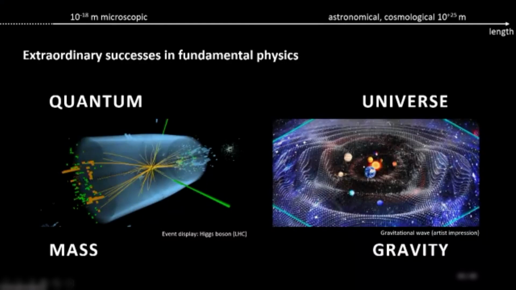I just want to close by telling you that basically this is what I discussed today with you. I took you from the smallest scale, the quantum scale, the elementary particle scale, 10 to the minus 18 meter, to the larger scale of the universe, the entire size of the universe as we see it today, 10 to the 25 meter. I told you that there are extremely good theories that had extraordinary successes at the quantum level, the standard model of particle physics, and at the universe level, the standard model of cosmology, but that we're missing the link between these two things.